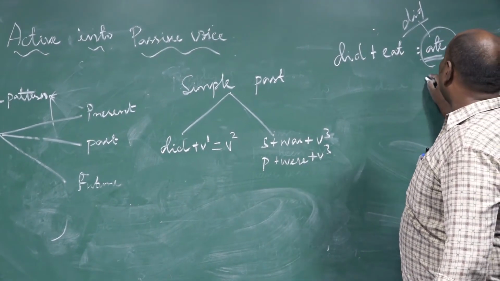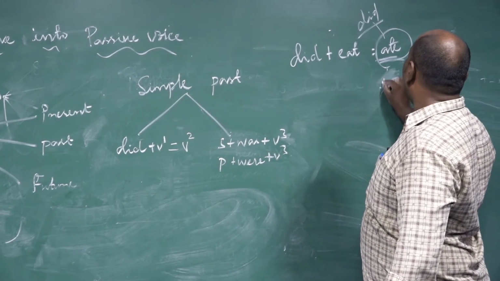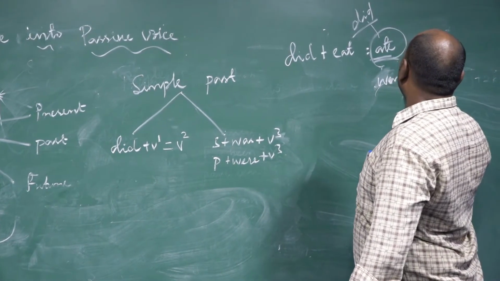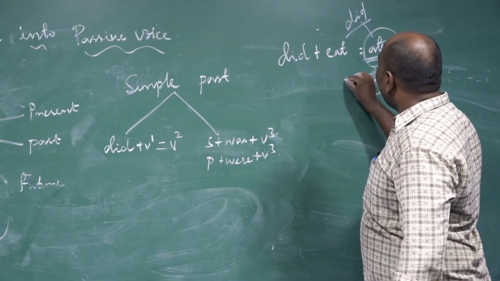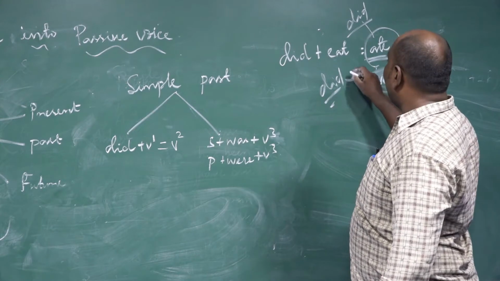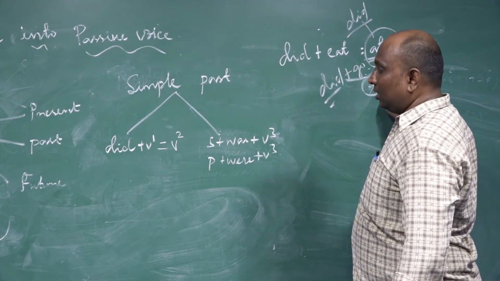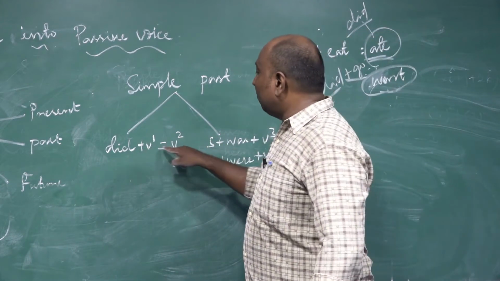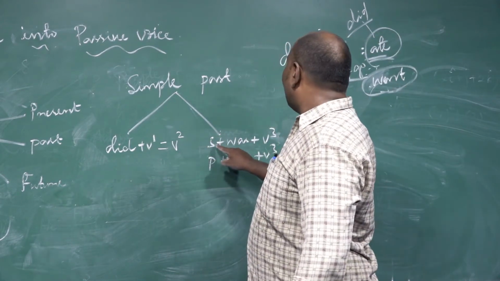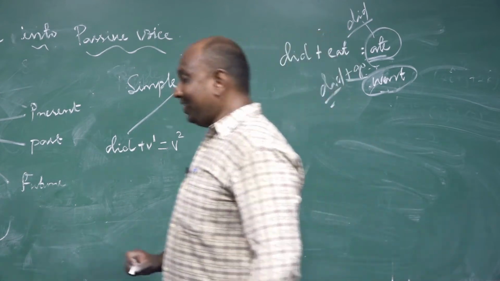For example, went. What is the auxiliary hiding here? Did. What is the auxiliary hiding here? Did. Did auxiliary is hiding. Did plus go changed as went. So did plus verb will turn as verb second form. For singular, we require was, for plural were, plus verb third form. For example,